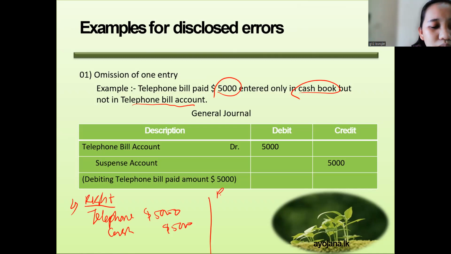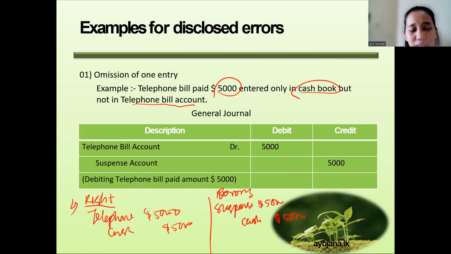Instead, we only recorded the cash book, so only the cash 5,000 on the credit side and forgot the telephone bill. So for this wrong side, we need to first balance them. So we are making suspense in here,